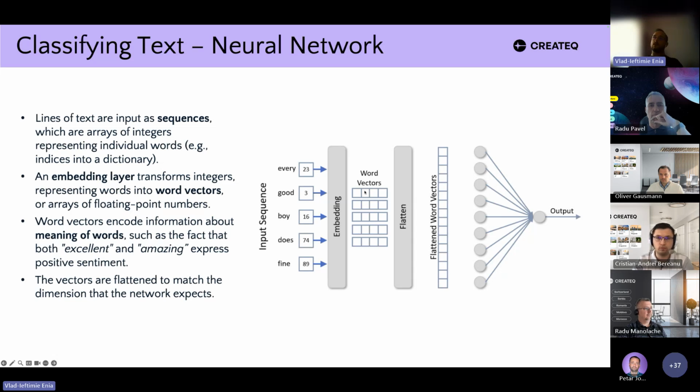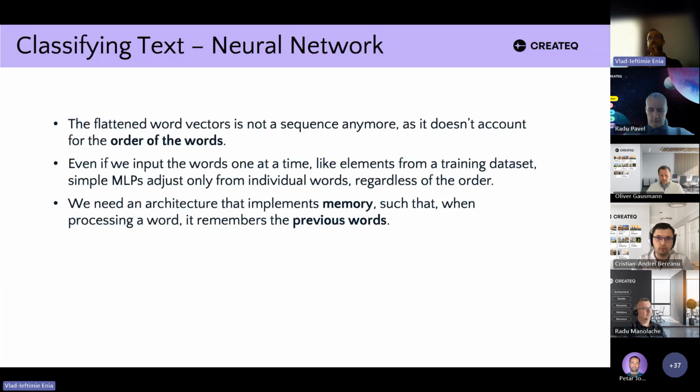These resulting word vectors are then flattened, basically concatenated, and this whole sequence of vectors is then fed to a neural network.